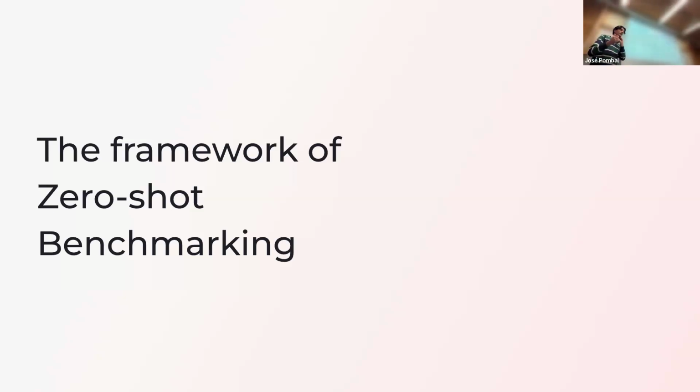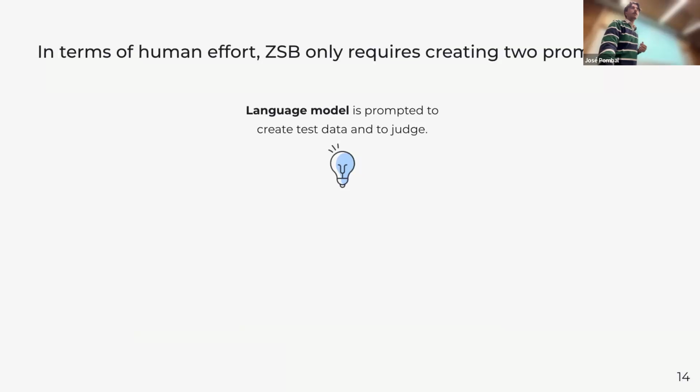So the framework of zero-shot benchmarking is about automating those two stages of benchmarking, okay? So data creation and evaluation. And it requires at least a language model. You can think of GPT, Claude, Qwen, what have you. And you have to do at least 2 prompts. This is the simplest instantiation of the framework, okay? You can think of anything more complex. You can think of using several language models, not just a prompt, like an entire harness. That's up to your imagination and the complexity your task requires. But in its simplest form, and that's what we're going to focus on, you just need 1 model and 2 prompts.